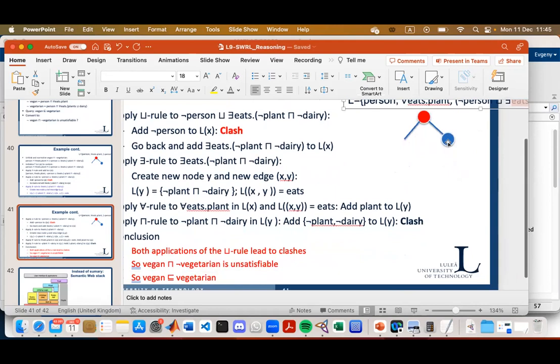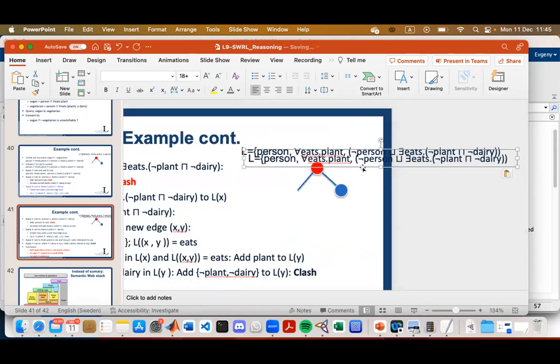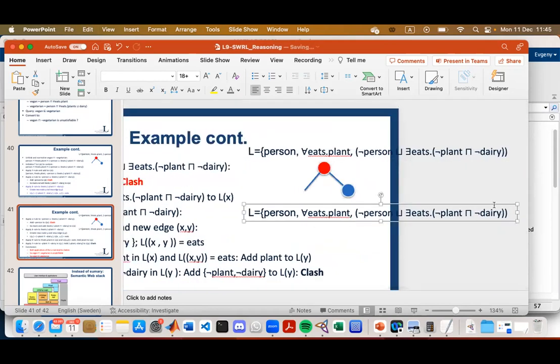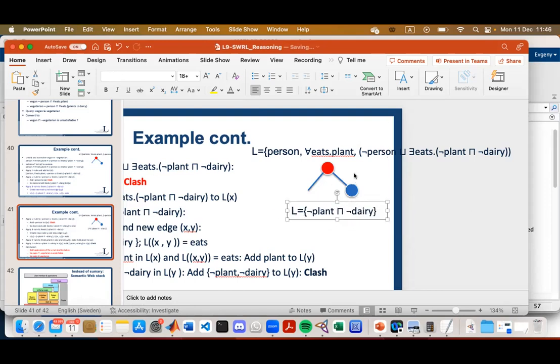So a new node is created, and a label for this node is the equation of the eats, and the relationship is the label of the edge between these two concepts. So that is how it works.